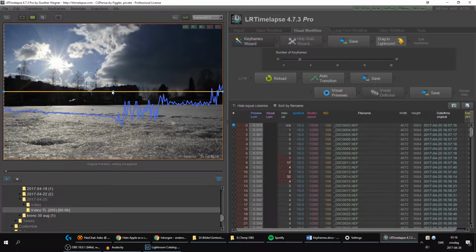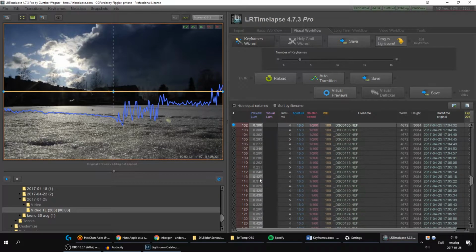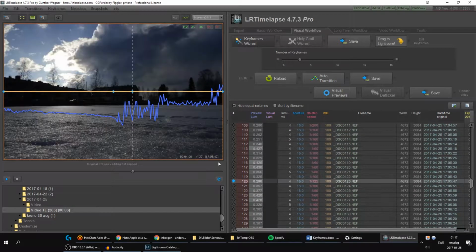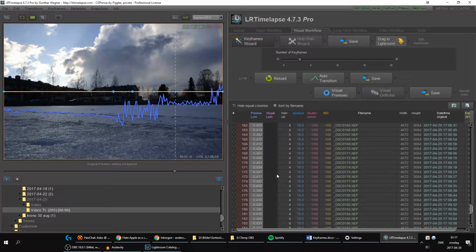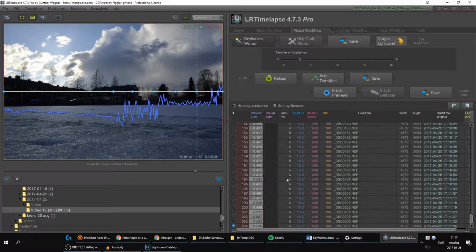The first step in LRTimelapse is pressing keyframes wizard up here, and I'm gonna set it to 2 keyframes to start with, because the first half of the time-lapse we don't really need keyframes. Just for the second half, because the exposure is pretty sharpy. I'm gonna go to the middle keyframe and set a few keyframes. I'll start at 120, set one at 140, one at 160, one at 180, and one in between 180 and